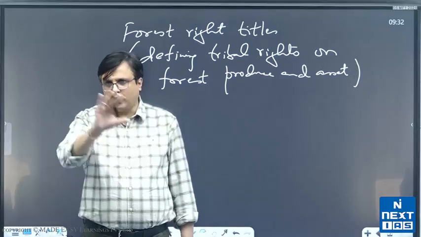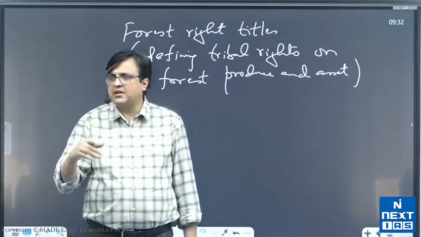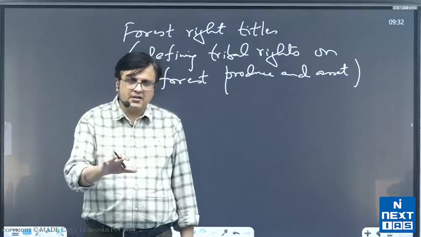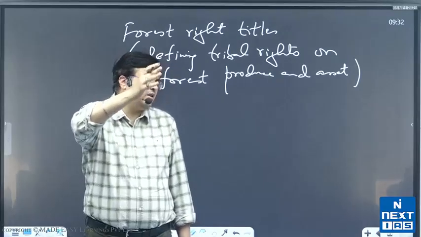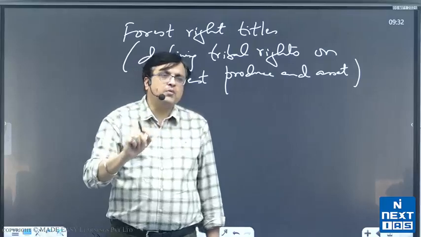ऑलराइट कि जो फॉरेस्ट के प्रोड्यूस हैं उन पे ट्राइबल्स का क्या राइट है और जो असेट्स हैं उन पे ट्राइबल्स का क्या राइट है इट विल बी वेल डिफाइंड देयर विल बी नो एरिया ऑफ कंफ्यूजन रिमेंबर वन थिंग